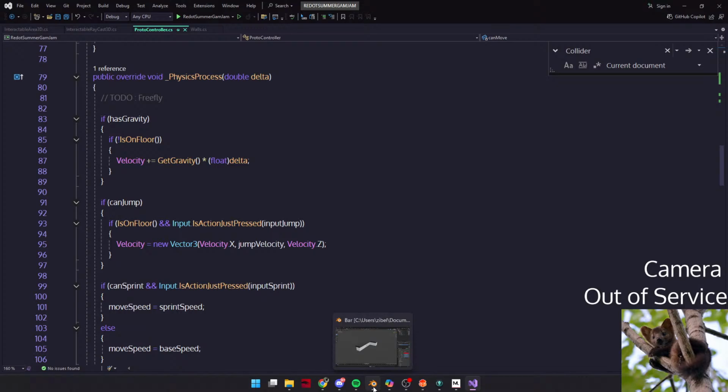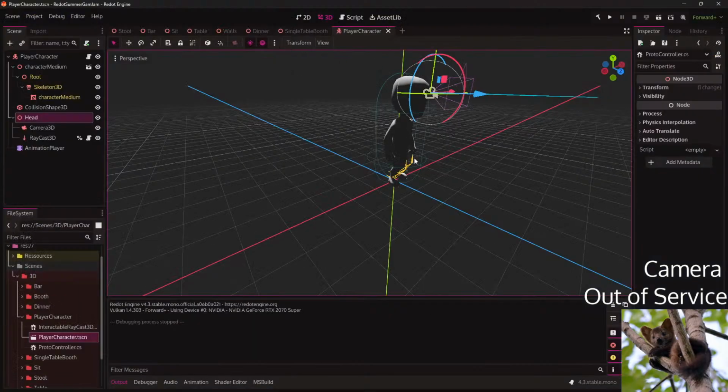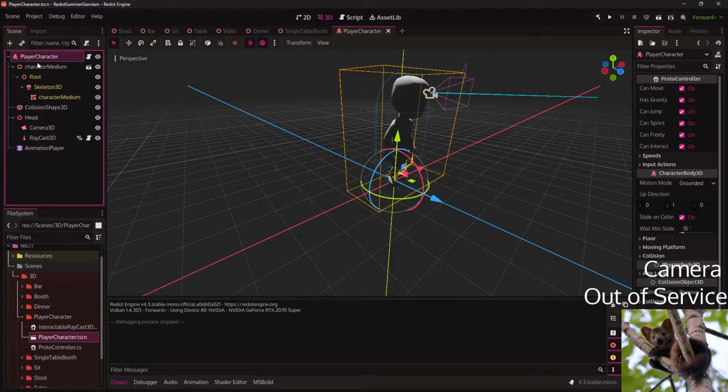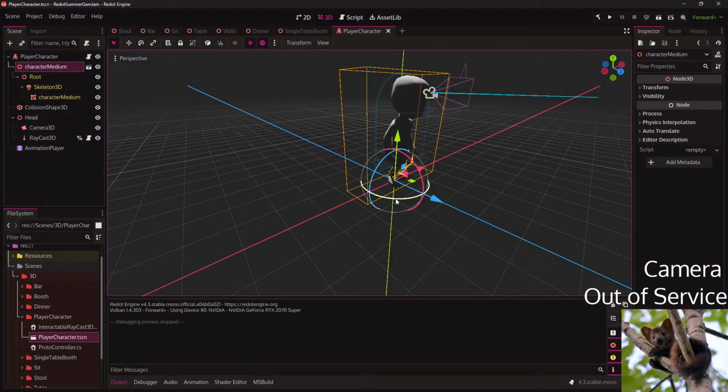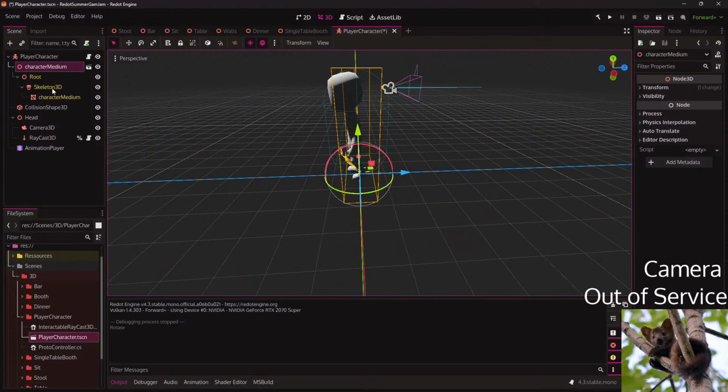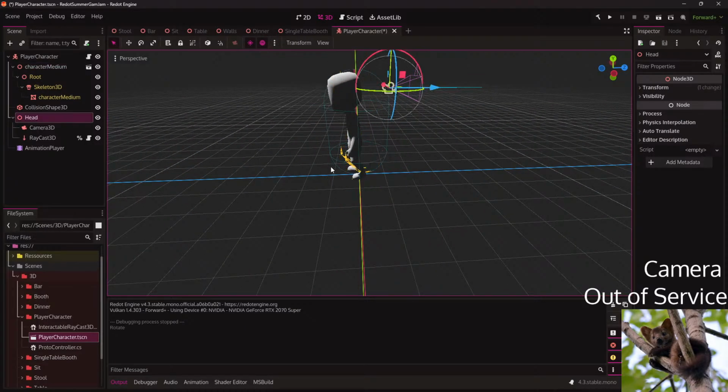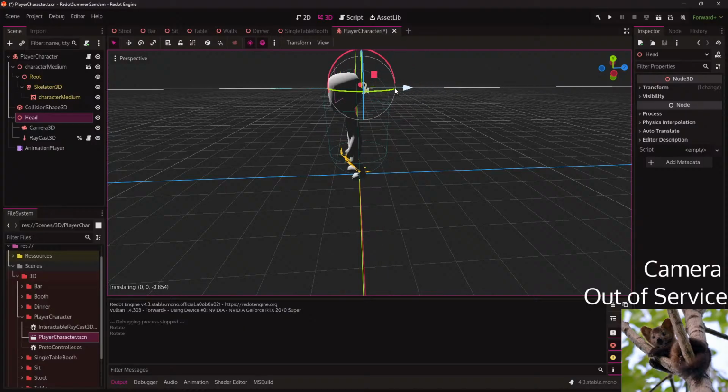That's a possibility. Like, okay. Let's see. Here. Come on.